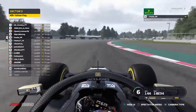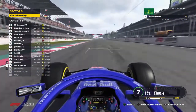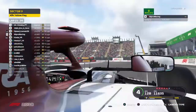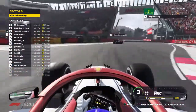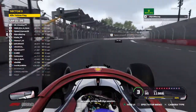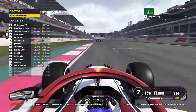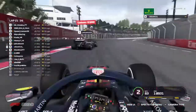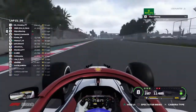And Giroux is out, so that means that Nipro is going to win the championship. So Nipro is your champion before the race is even finished. And Drew has gone. Where did he retire? I'm not too sure. But anyway, Nipro can celebrate, but he's celebrating like getting an overtake on Iceman, who is